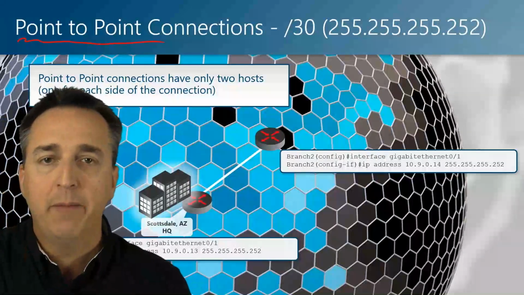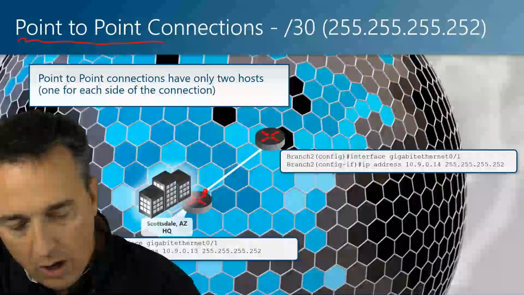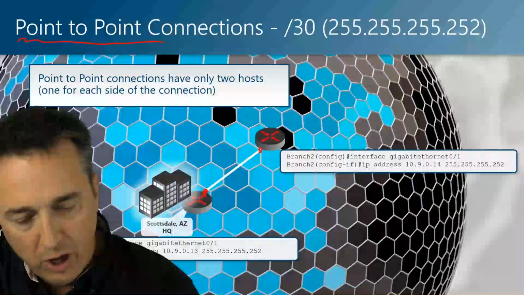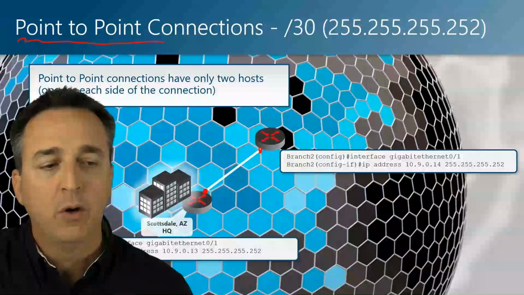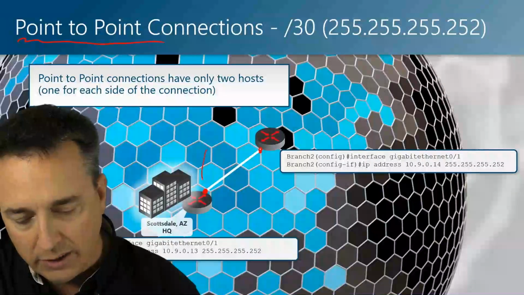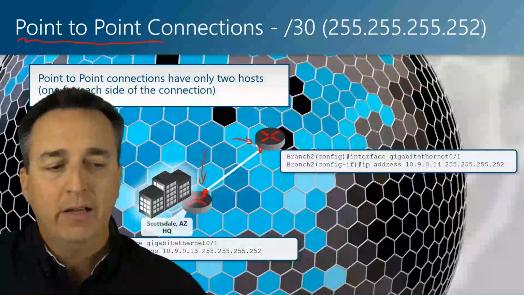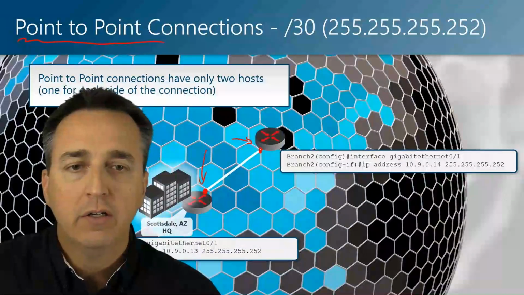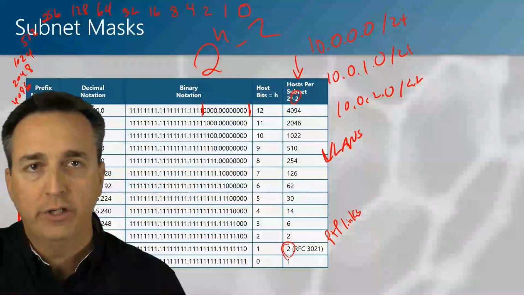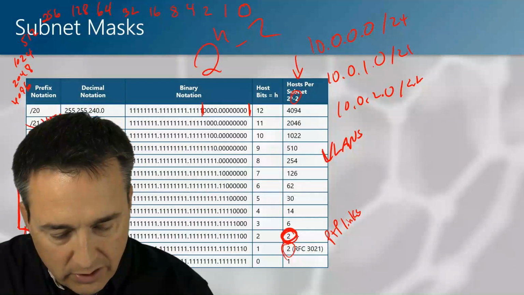So in this particular example, we have a point-to-point connection between where? Between, let's say, an office in one location and an office in another location. So how many IP addresses do we need for a point-to-point connection? We only need 2 addresses. We need one address here. We need one address here. And if you think back to the chart that we had a little bit earlier, and that's why knowing this chart for the certification exam is going to be beneficial for you. If we only need 2 addresses, then /30